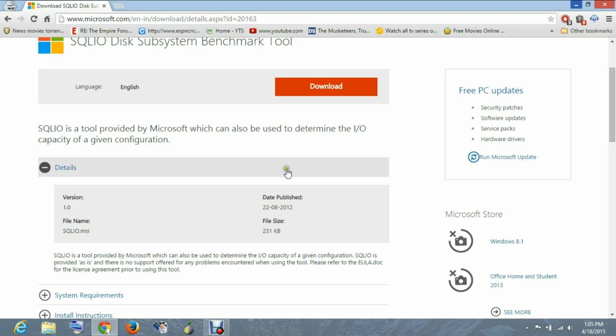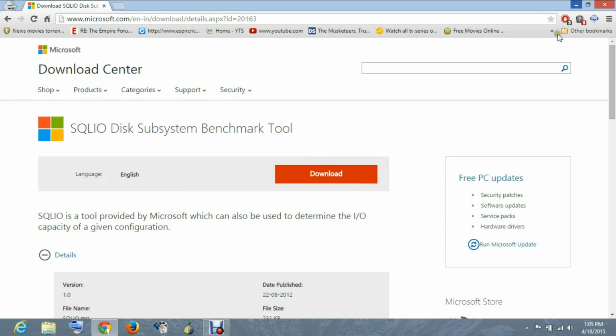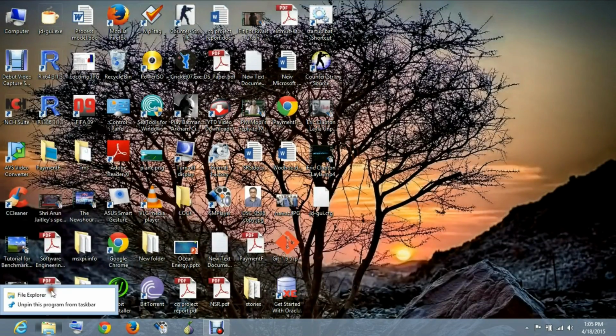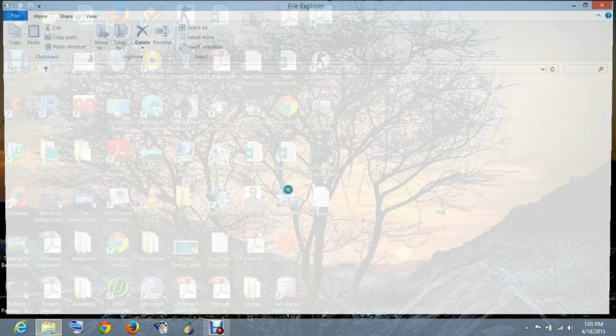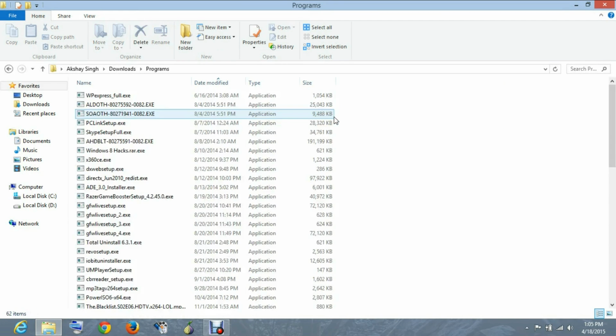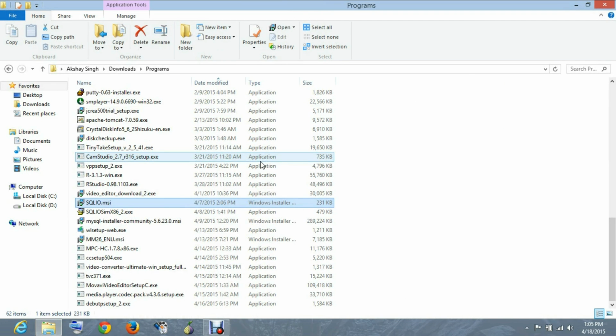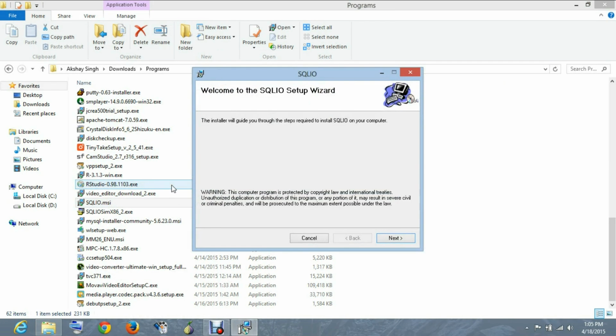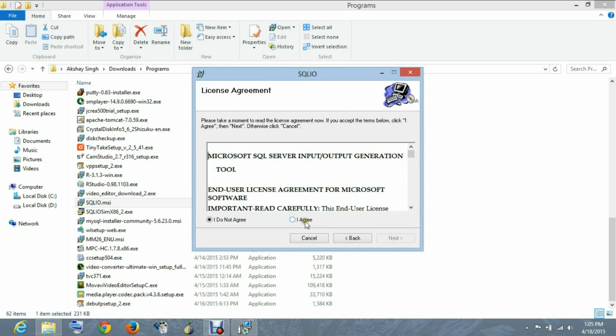And since we have already downloaded this, we'll just proceed with the installation from where we have downloaded it. Now, the installation procedure is very straightforward. Just click next.